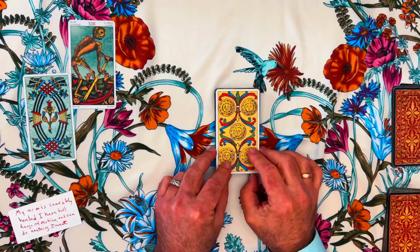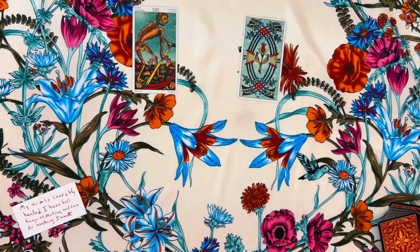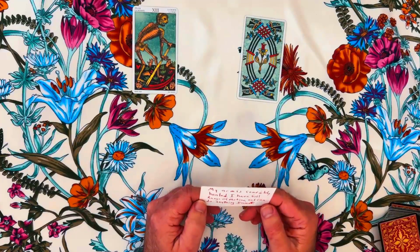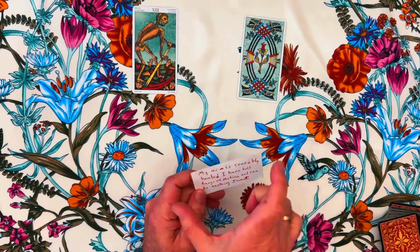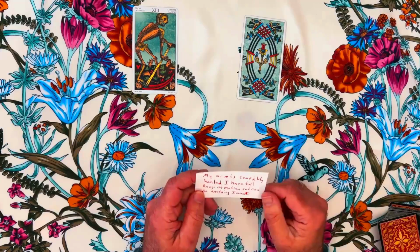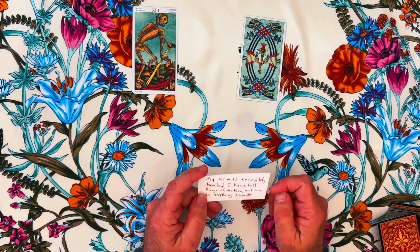You'll know it's right when you get a card that positively aligns with your intention. Like here, I've chosen the Six of Swords. I like the Six of Swords because that's a representation of the solar light taking something that wasn't working and healing it. Once you have your trump card and your pip cards ready, they will guide the energy of your